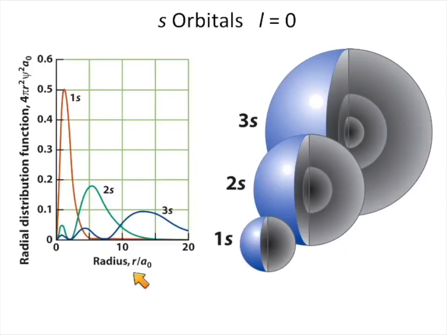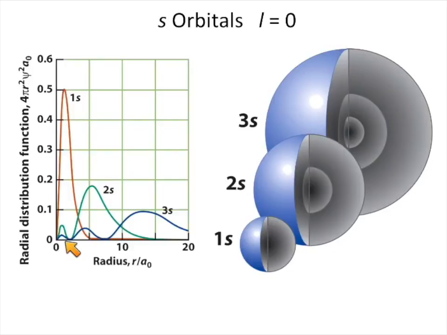And over here on the left we have radius on the x-axis, so radius away from the nucleus. And then on the y-axis we have a distribution function, which tells you the probability of finding the electron here. So when you're high up on here, that means you have a high probability of finding the electron this far